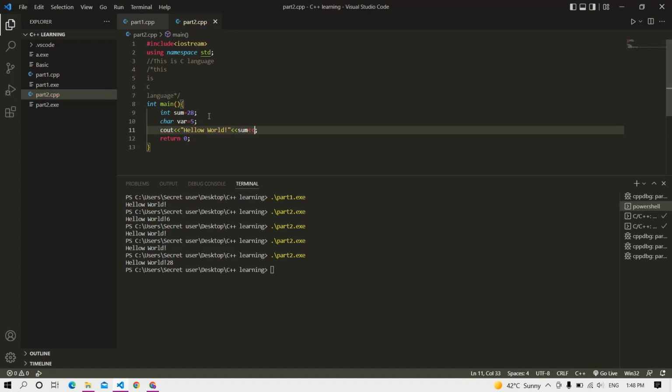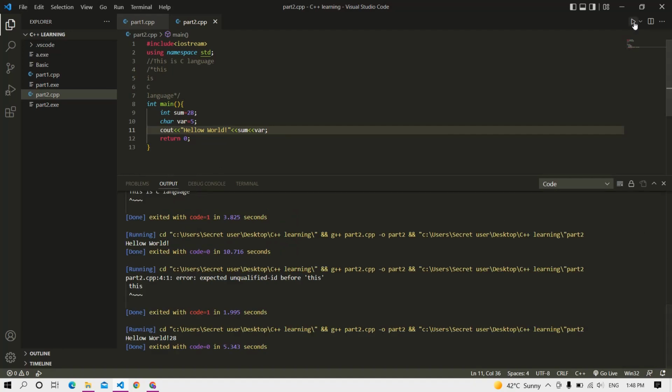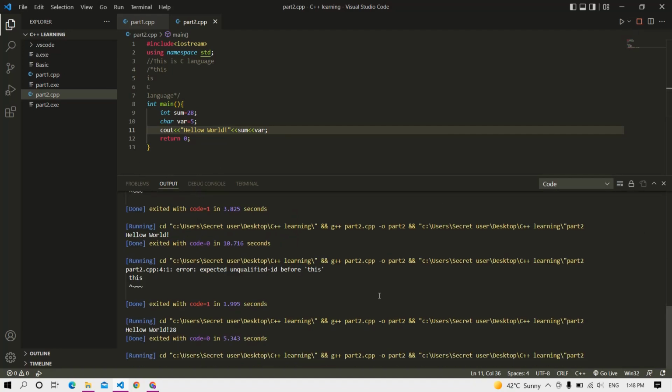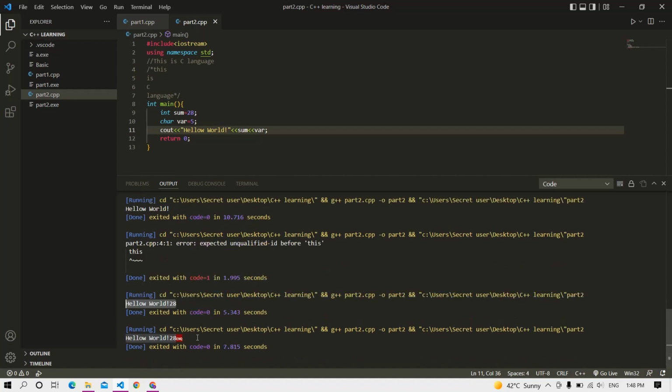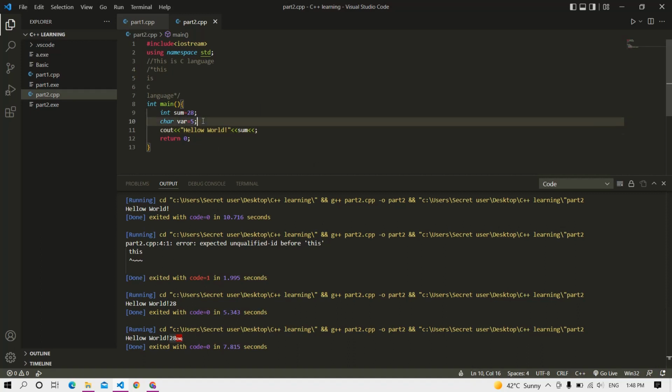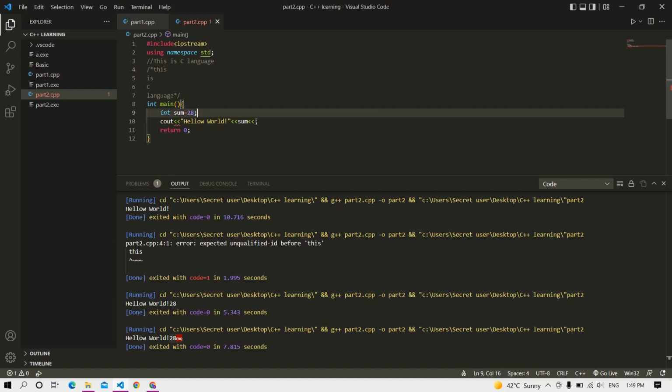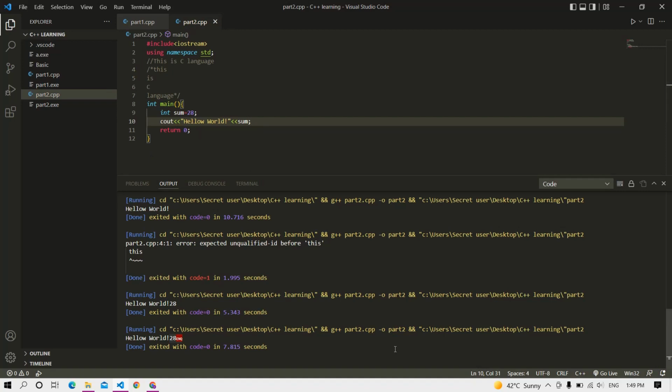I will again put 2 angular brackets and then var, and if I go to the output section and run my code, just see the changes. Here you can see I have got the output as hello world exclamation mark and 28, and here you can see hello world 28 and enq. We are getting the enq because we cannot use 2 variables in one cout, so we'll check it out later. Okay, so anyways,